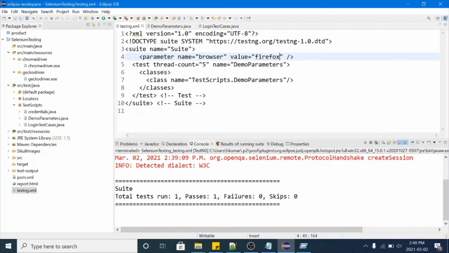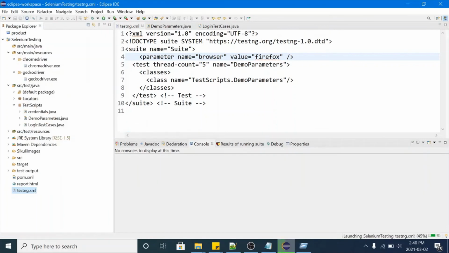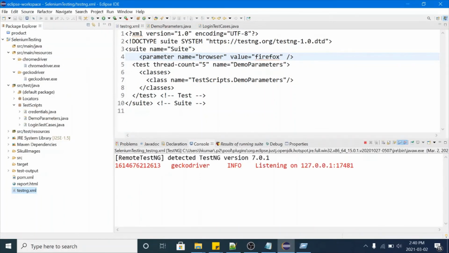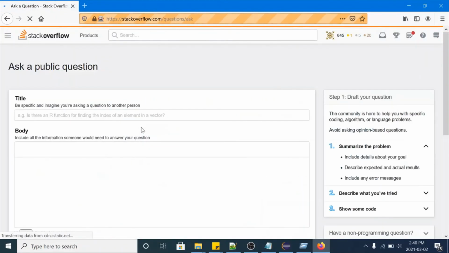Let's try that. Run as TestNG suite. Have a look, it's launching Firefox browser and performing login on Firefox browser.